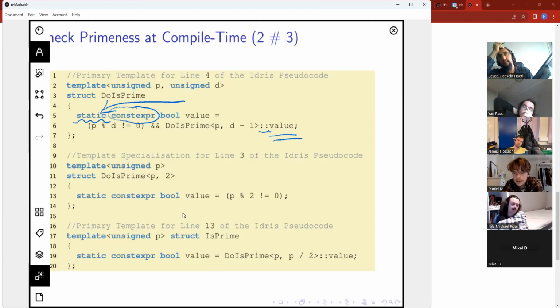Is it because if we know that is prime of 13, or if we create an instance of that, we know that all instances of is prime 13 are true, so we don't need to check it for other instances?